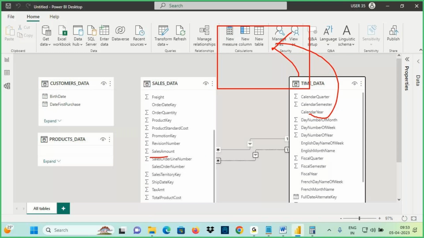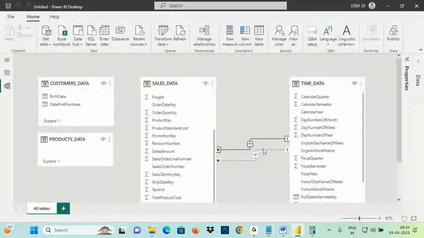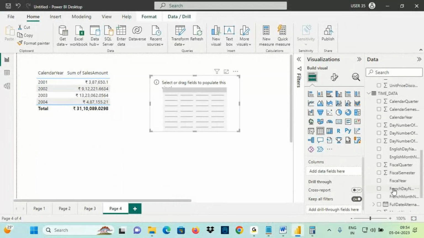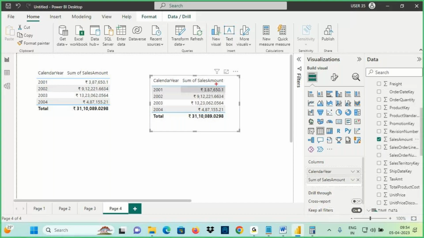When I take the year column from here and the sales column from here, it will show year by sales based on ship date or order date. It will show based on order date. I said that visuals will show the data based on active. Even though you have active and inactive, it will show the data based on active. When I create one visual, take the year column from the time data table and drag the sales amount column from here, it is showing the data based on the active relationship